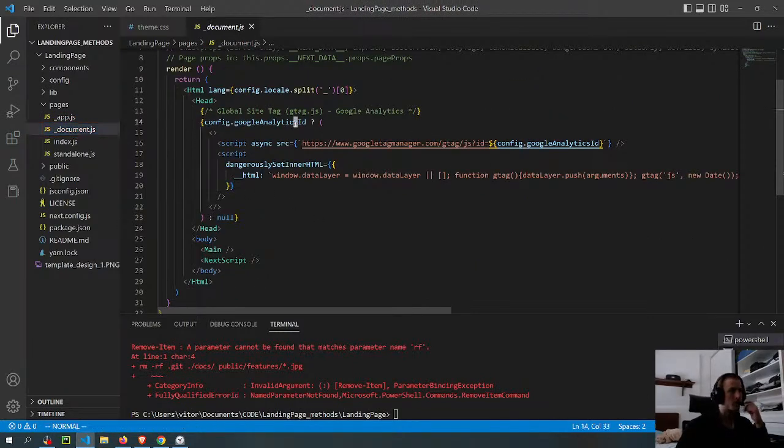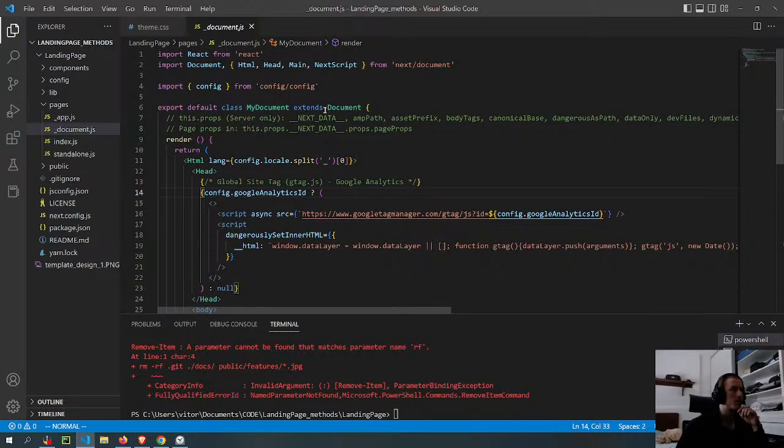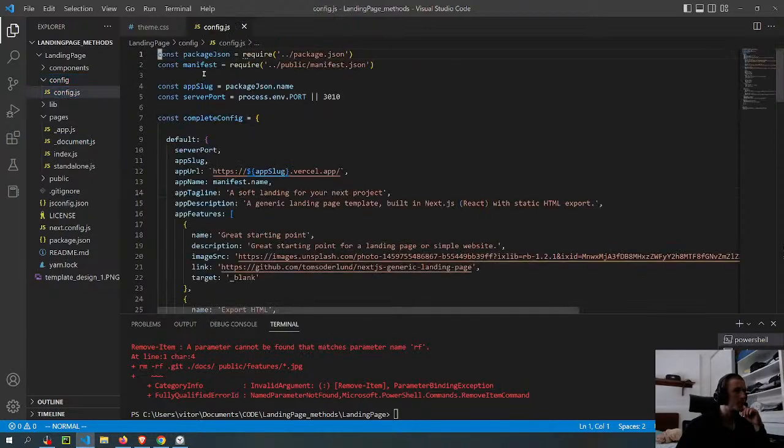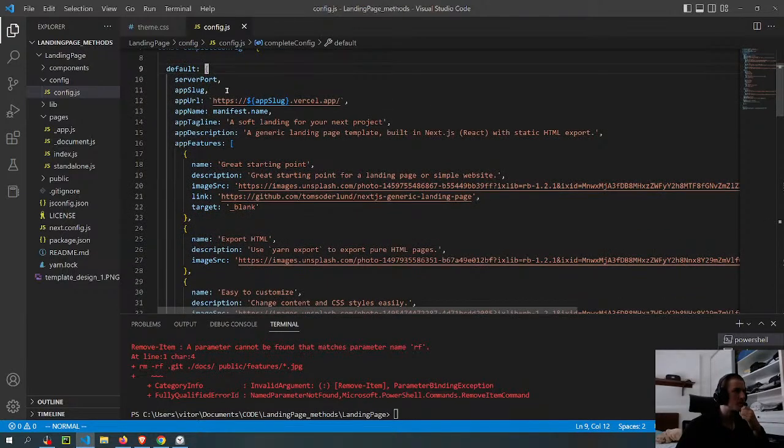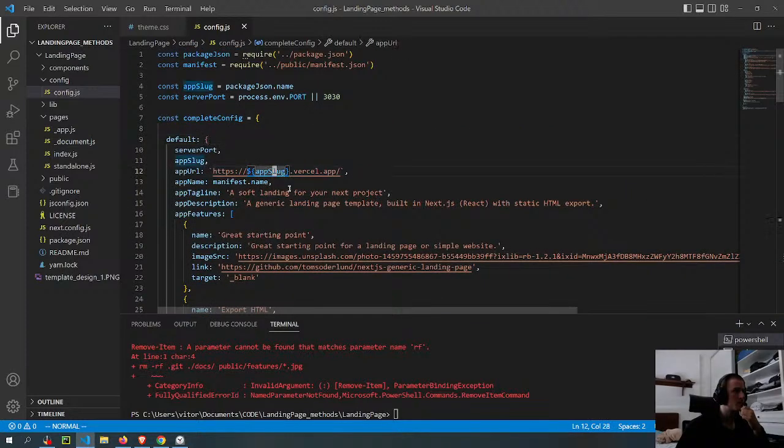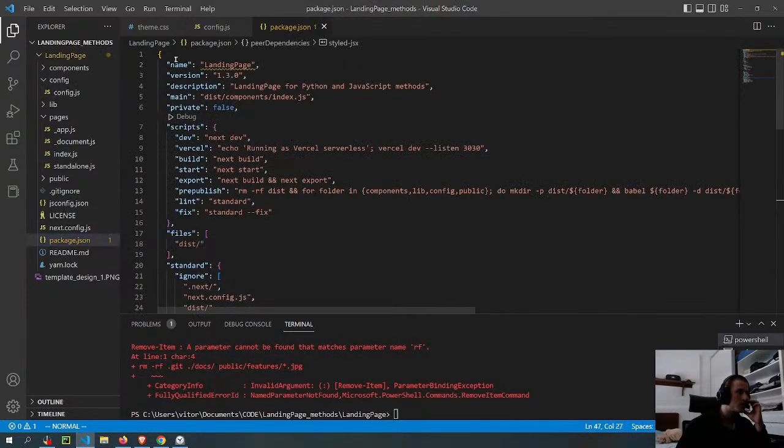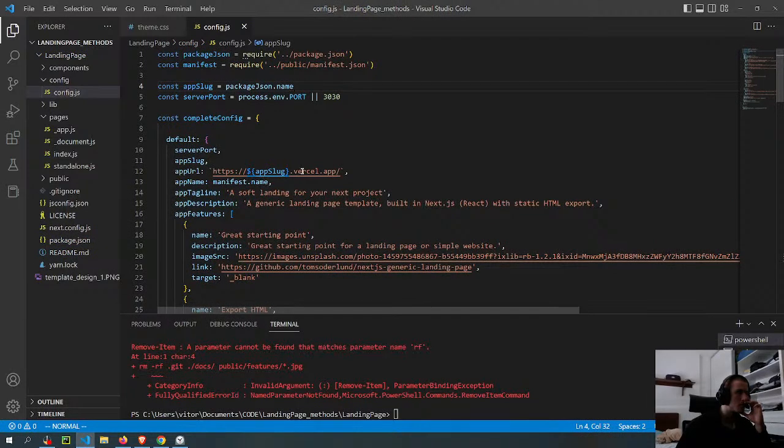Oh, interesting. So it already has Google Analytics apparently. Config. It's gonna create the URL based on the package.json name.